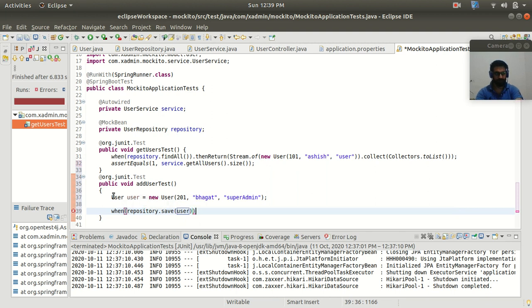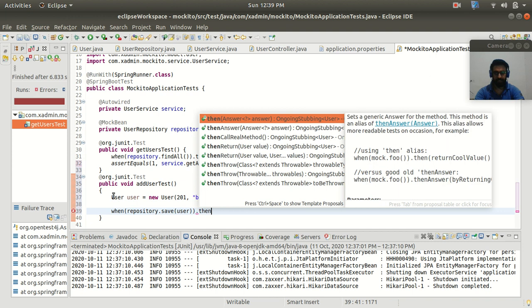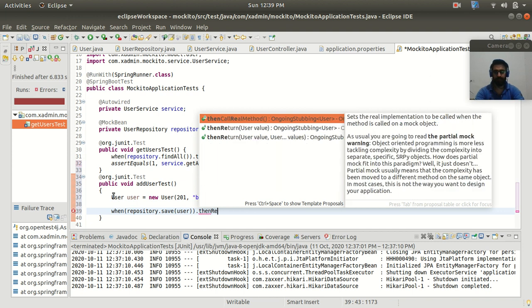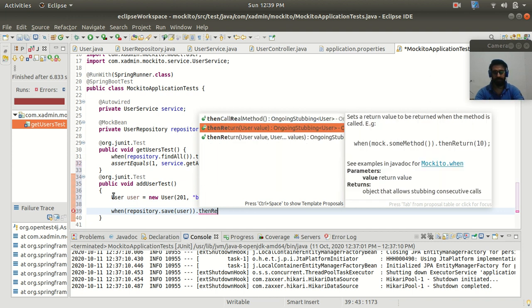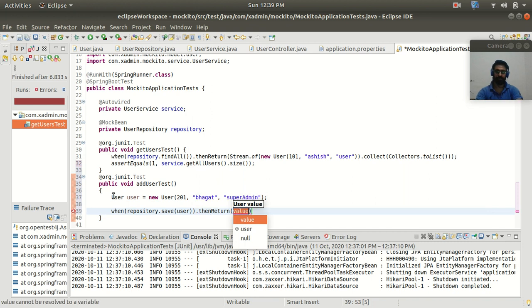And after that guys, we need to call thenReturn. So here we need to mock the data, or it means that we have to provide some dummy data so that it will not hit the database, right? So here we will provide user as the dummy data.